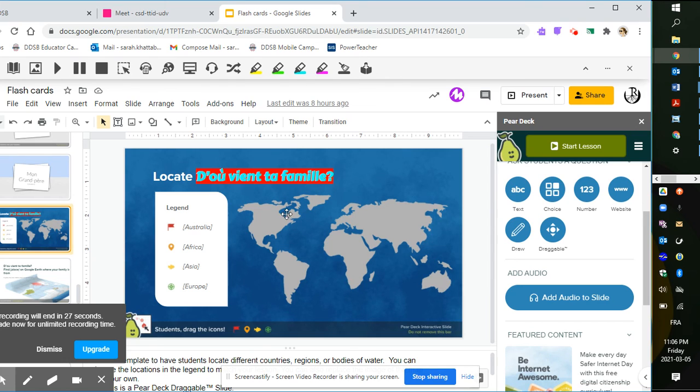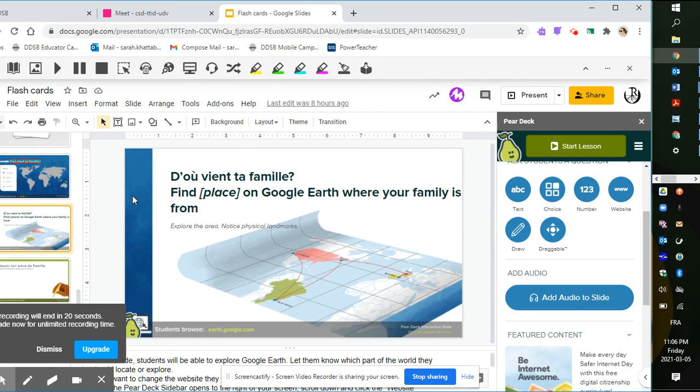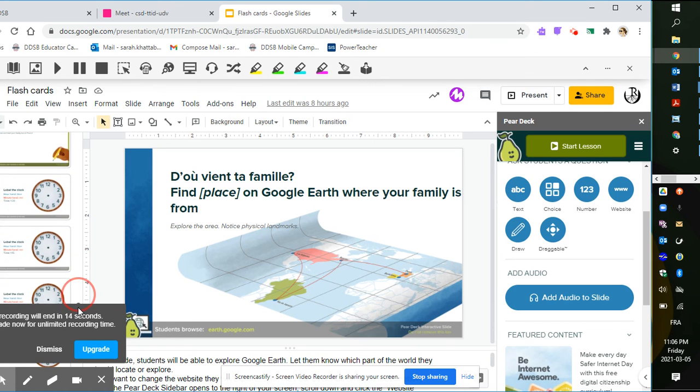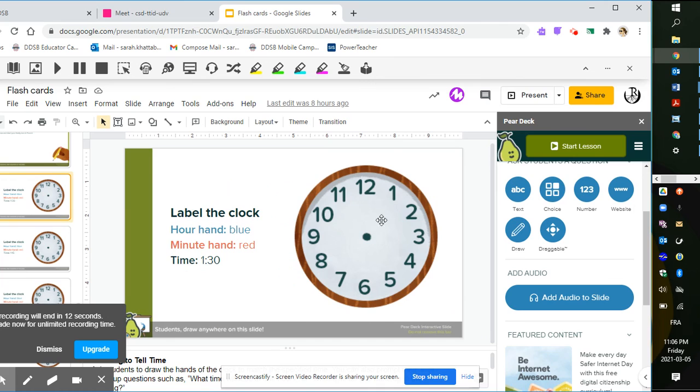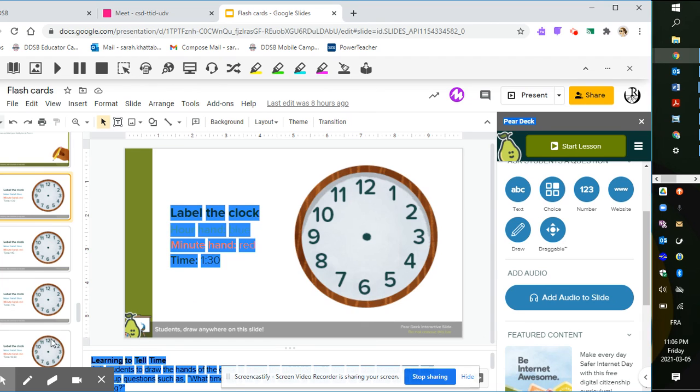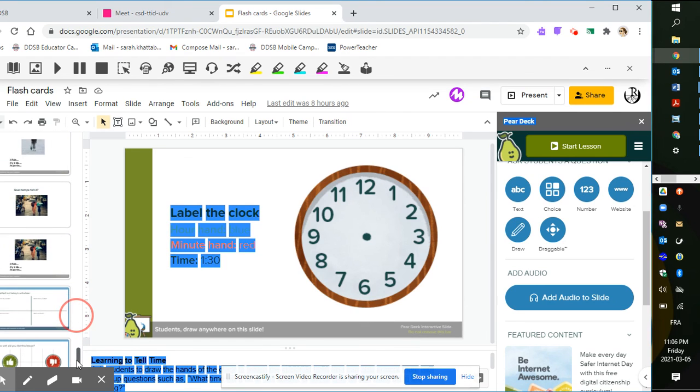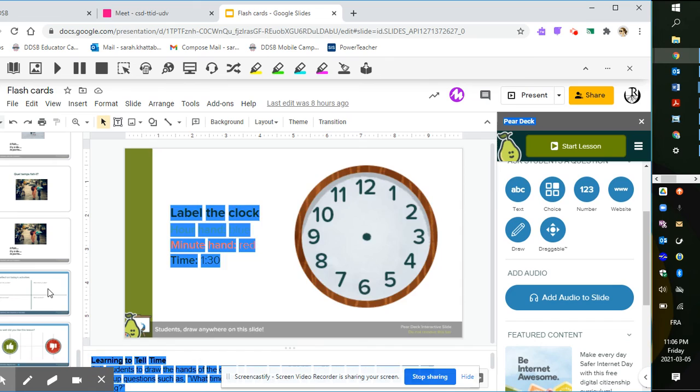Here are some other cool slides. So locate where your family's from because we're going over family vocabulary. This slide is about Google Earth. So the students can click on this slide and actually explore the region using Google Earth. I have time slides so they can label the clock. And then there are also reflection pieces. So at the very end, there is a reflection that they can do